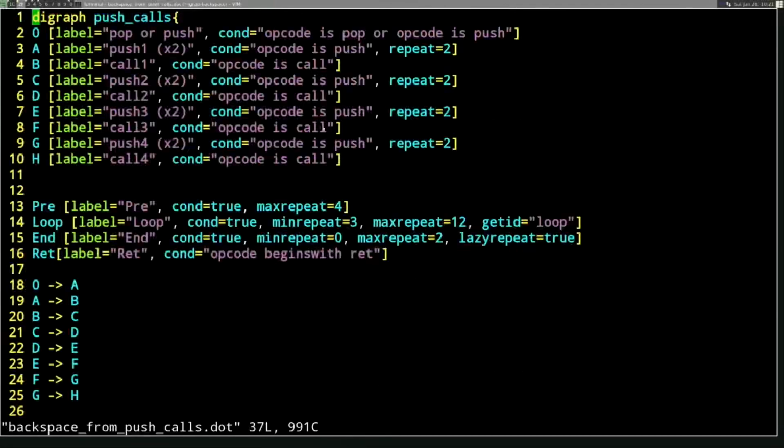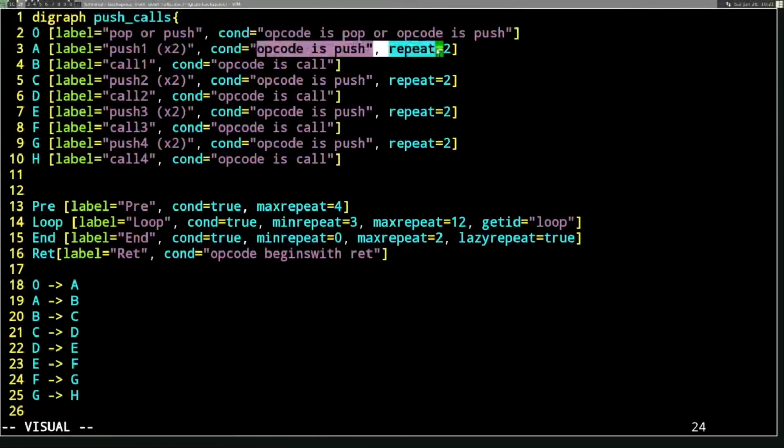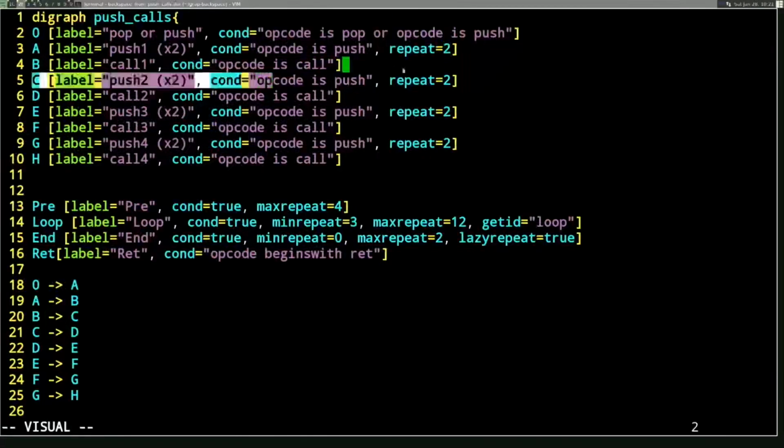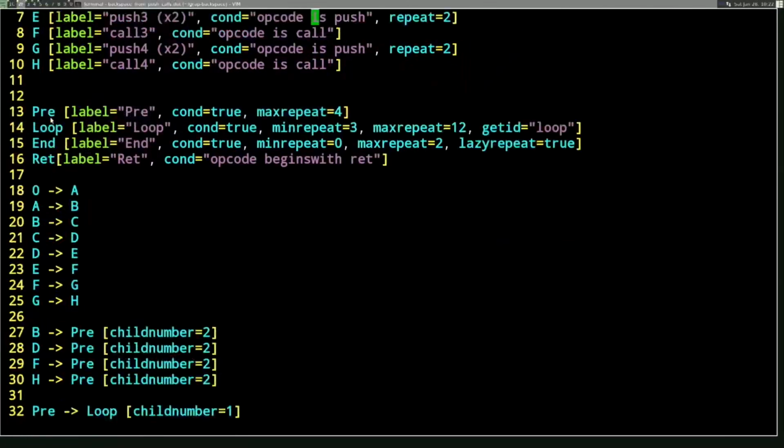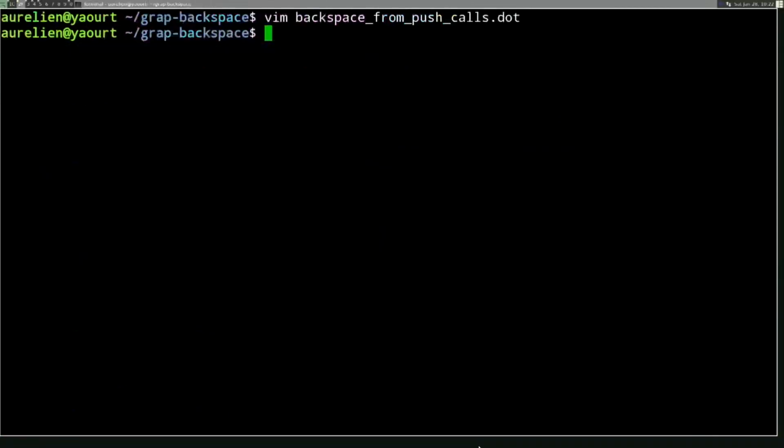So I asked that we find something with two pushes, then a call, then again two pushes, another call, 4 times. And they all point to a function that has a first basic block, then a loop, then an end basic block, then a return instruction. And what I say here is that I'm only interested in getting the loop. So I say getID. I set getID only on the loop node. So I'll show you how it looks like